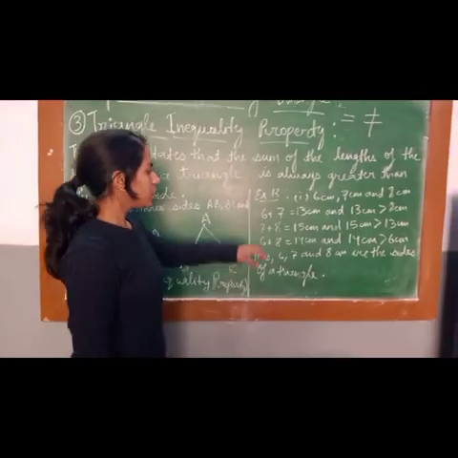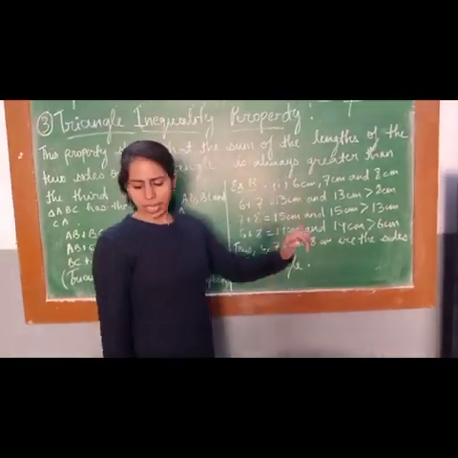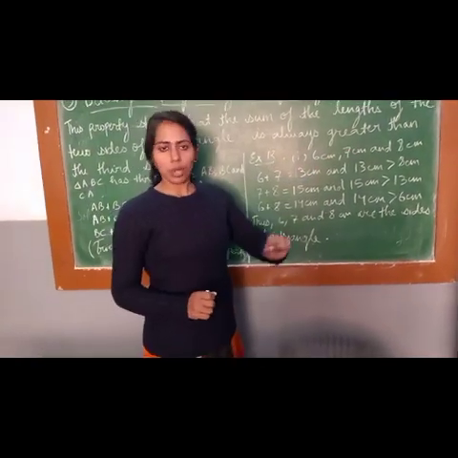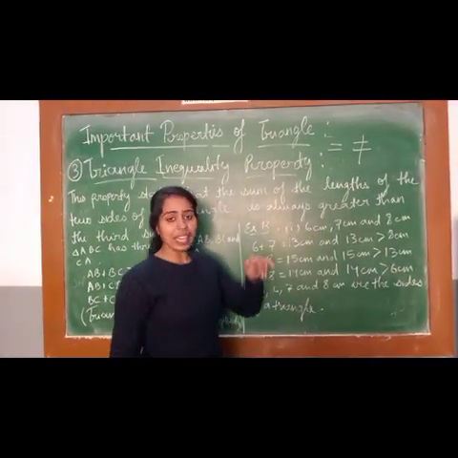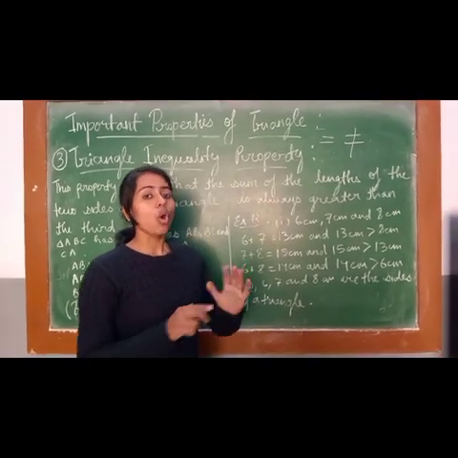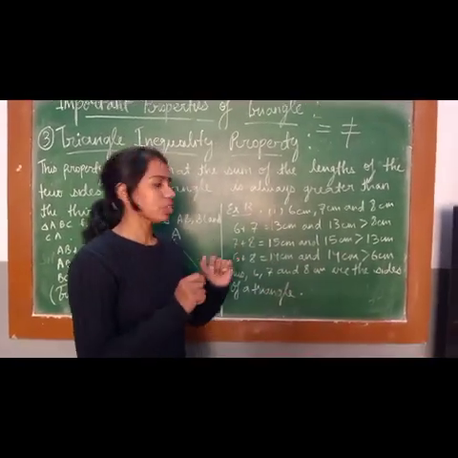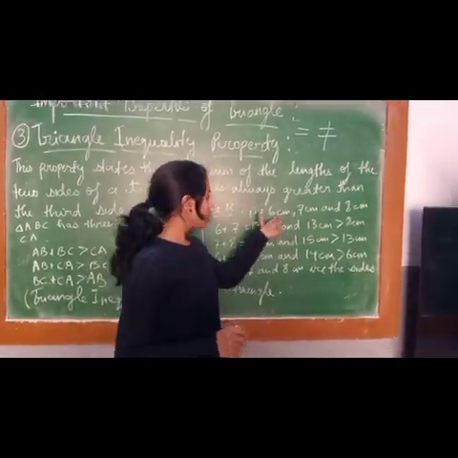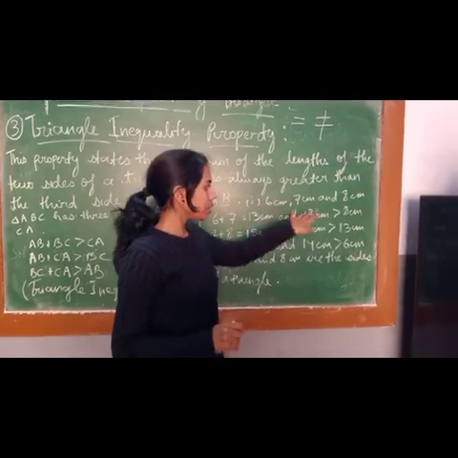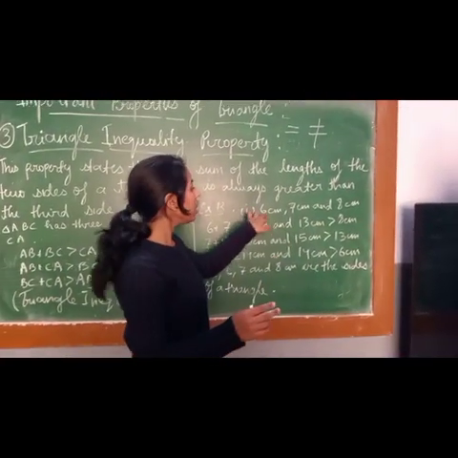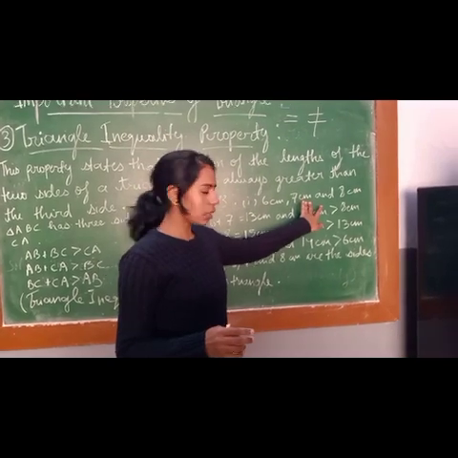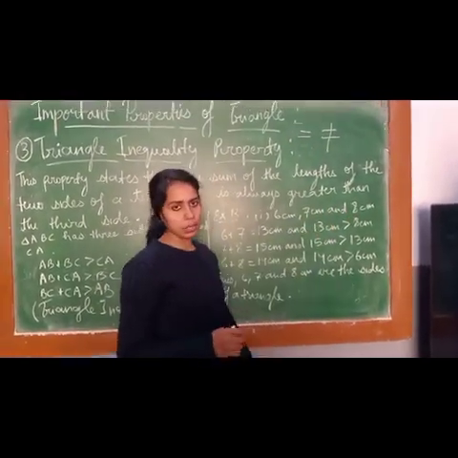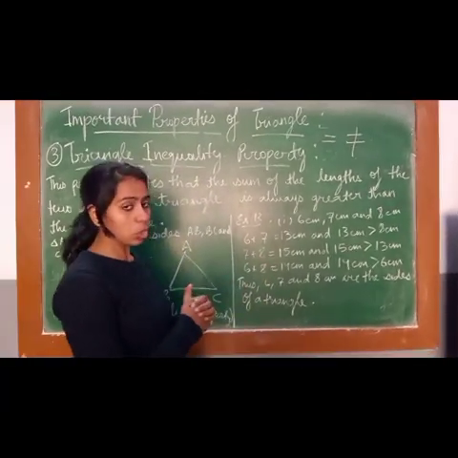Now let's see an example for this. Your question says that you have to state whether the following triangles are possible or not. Following scalene triangle. Scalene triangle has all the three sides which are not equal to each other. See, this triangle is having three sides, not equal to each other. One is 6 cm, other side's length is 7 cm and the third side's length is 8 cm. Now let's see whether this triangle is possible or not.